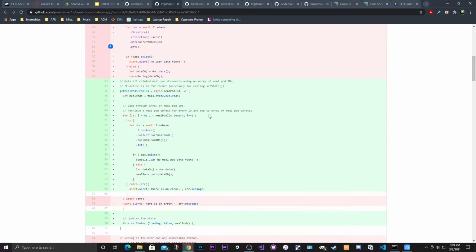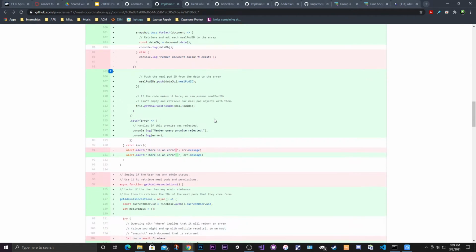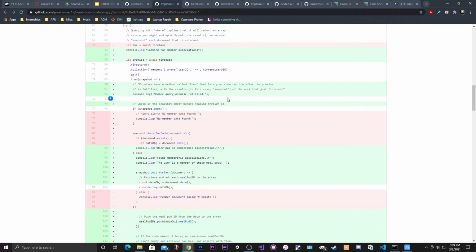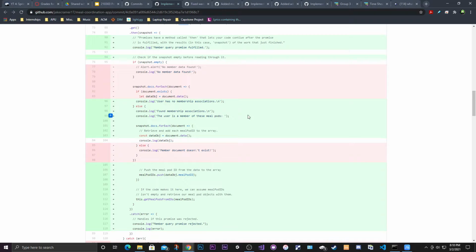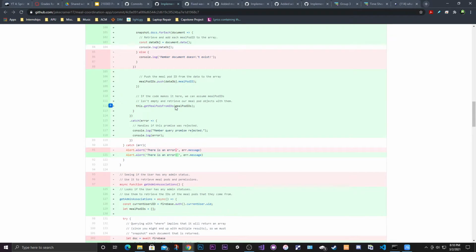Based on the current user's ID, we query a member object or member objects by comparing it to the user ID field of the member. It will return an array of member objects, and we don't care so much about the member object itself. We care about the meal pod ID that's contained in it. We add that meal pod ID to a meal pod IDs array, and we pass that into